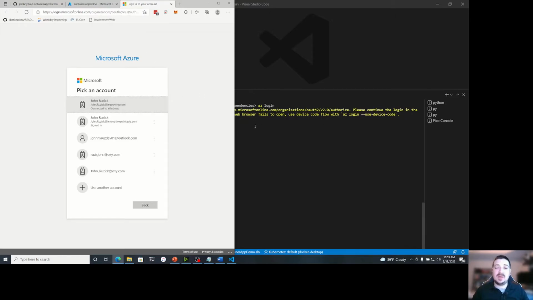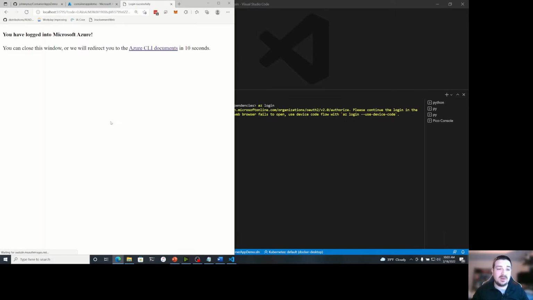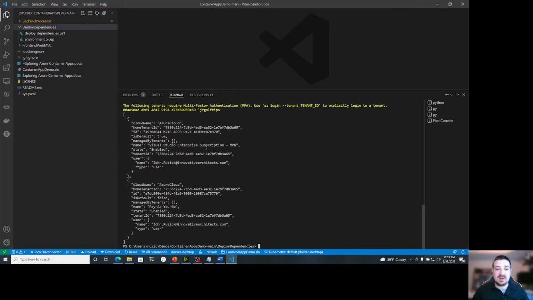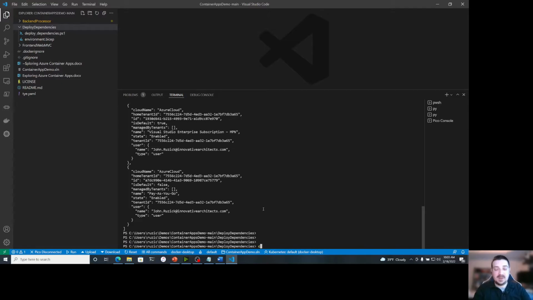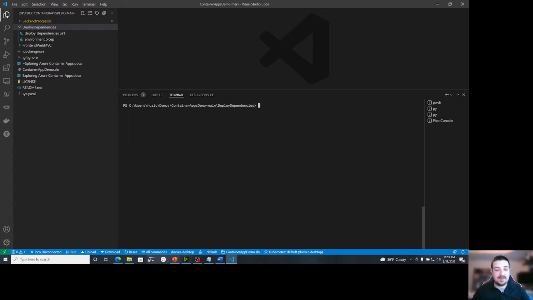But what that will do is pull up a login in your browser to where you can pick your account. So I'm using the exact same account that I'm logged into the portal with. So once I've done that, that'll come back and show you what your subscriptions are. So let me clear that out.